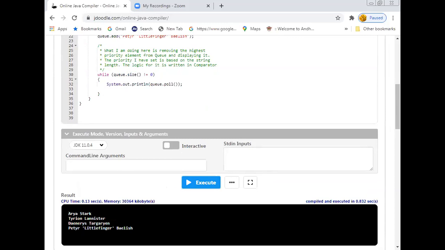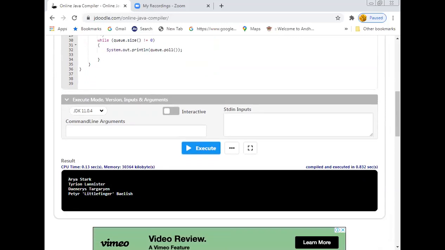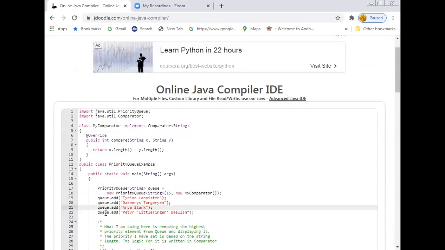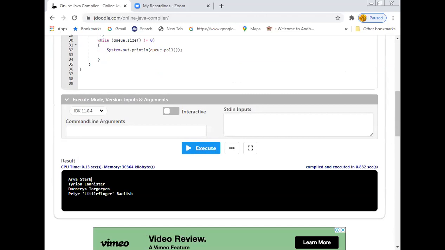So here you can observe that Arya Stark is the first element because this is the element which was placed in the first position. But when you observe the adding procedure, you had entered that as a third element. Even though you entered it as a third element, because of the smallest length, it was placed in the first position.